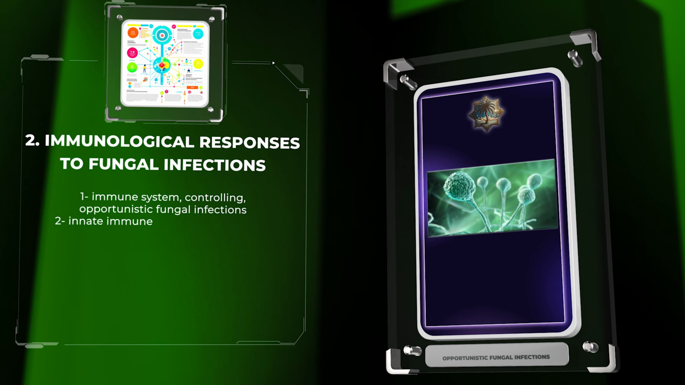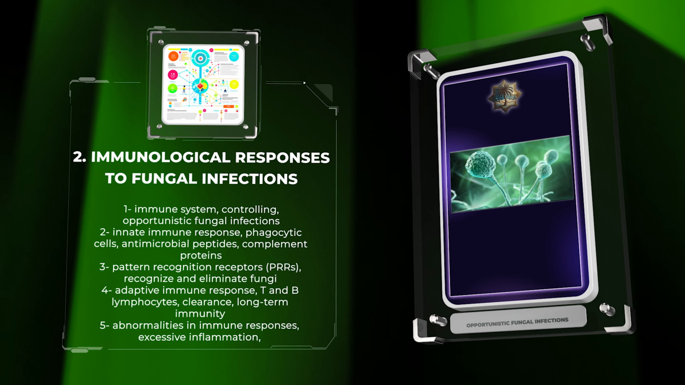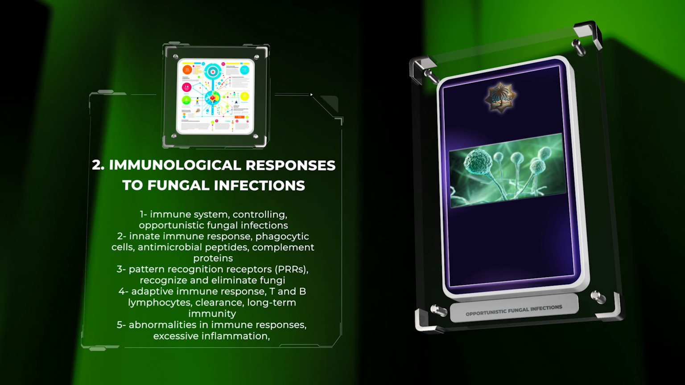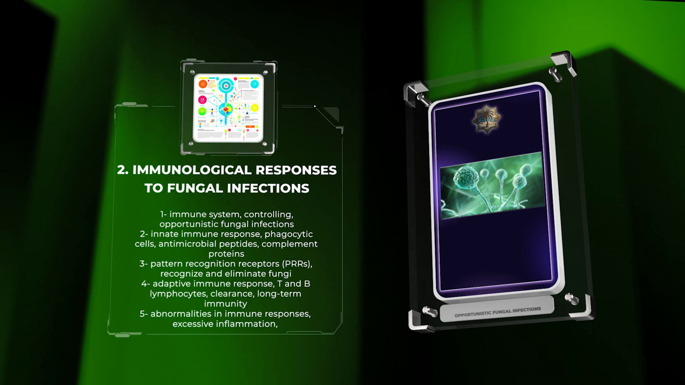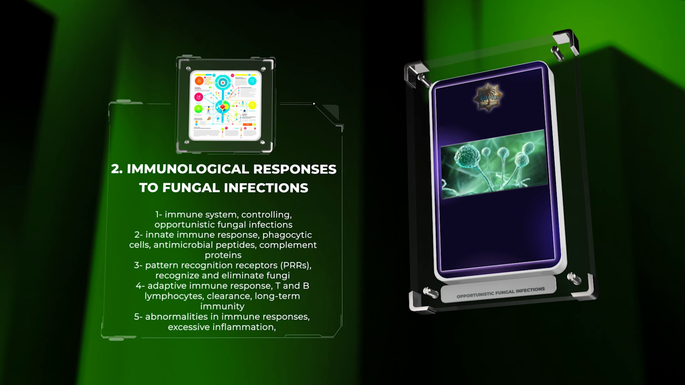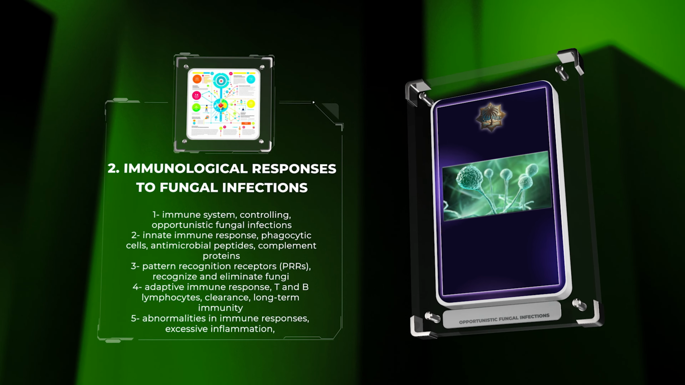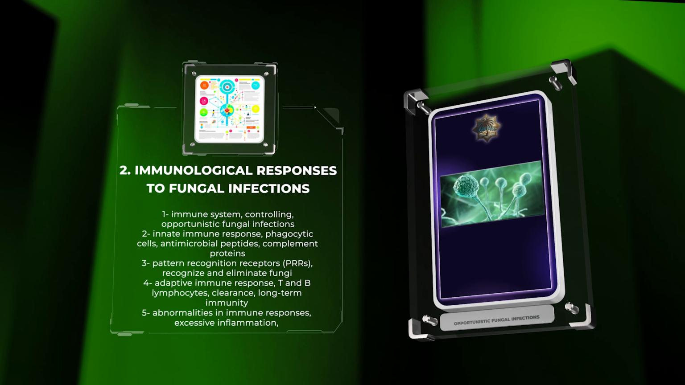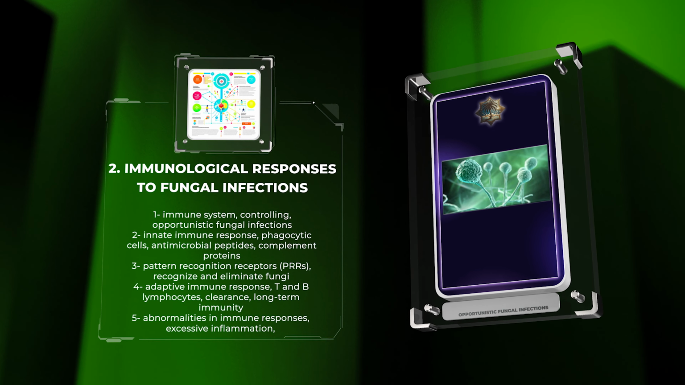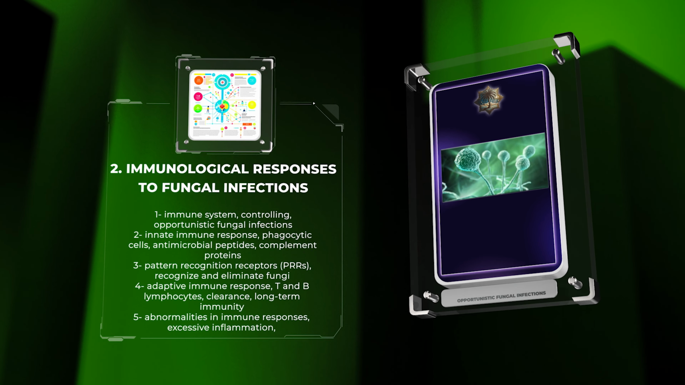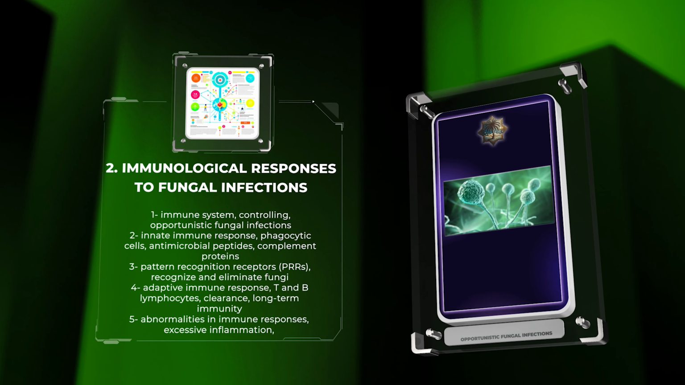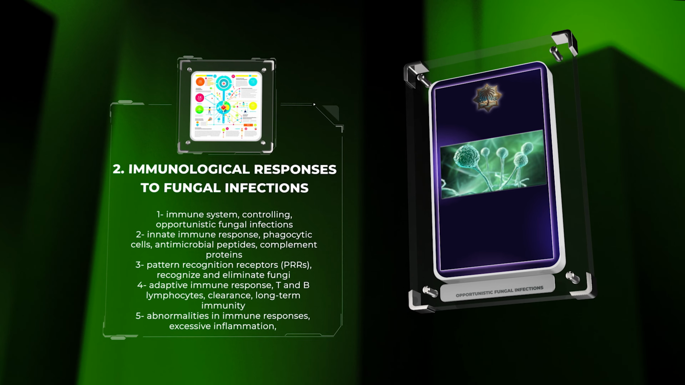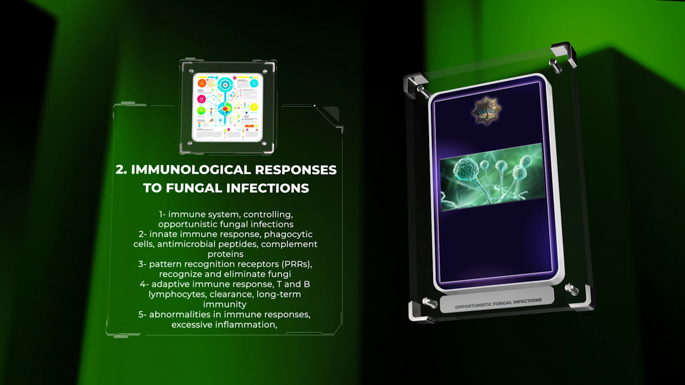patients. The immune system plays a pivotal role in controlling opportunistic fungal infections. An initial line of defense is provided by the innate immune response, which includes phagocytic cells, antimicrobial peptides, and complement proteins. These innate immune components recognize and eliminate fungi through pattern recognition receptors, PRRs. Subsequently, the adaptive immune response, mediated by T and B lymphocytes, contributes to the clearance and long-term immunity against fungal